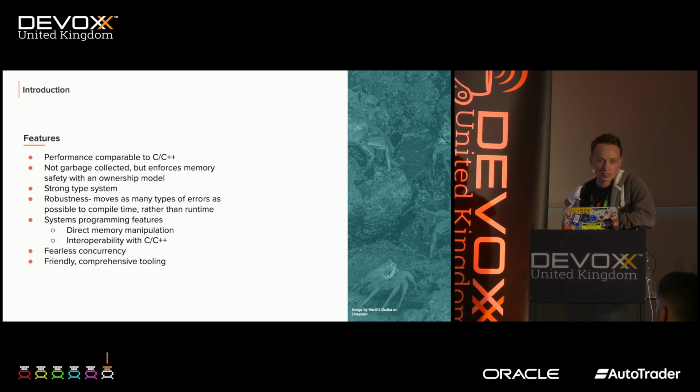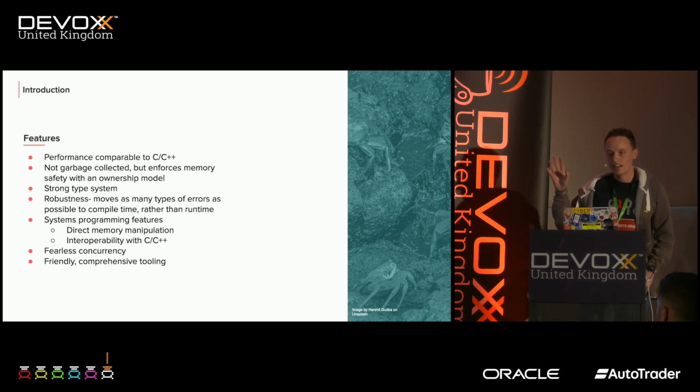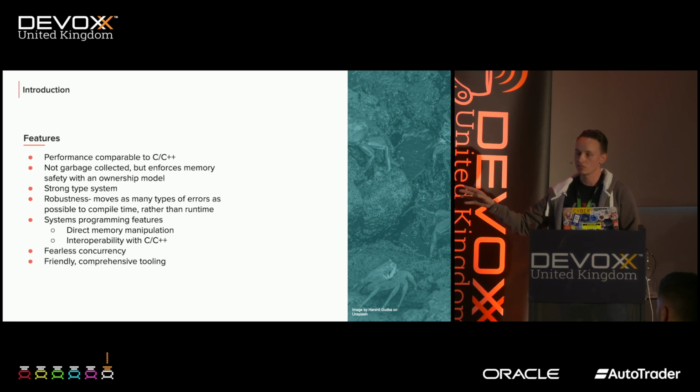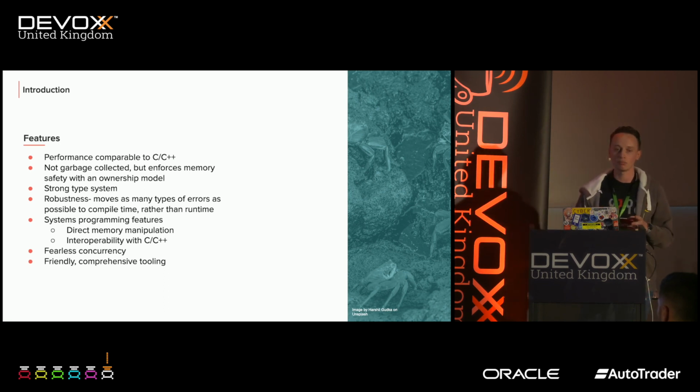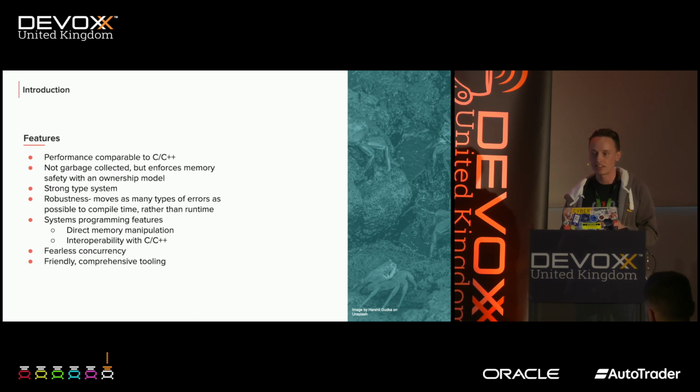It's very, very robust. There is a sort of overarching aim or design direction in the language to move as many errors that the user might encounter as possible into compile time. So face the developer upfront with a complexity that would later cause the user issues down the line, and have you face and solve these problems rather than overlooking them and allowing the user to potentially be hit by these things when it's deployed.